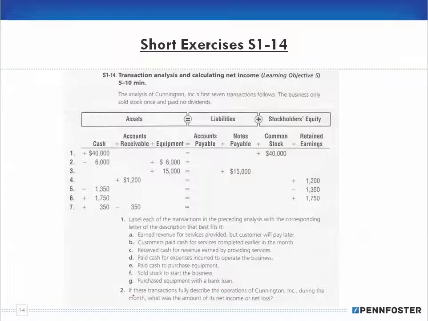And then number 2, it says, if these transactions fully describe the operations of Cunnington Inc. during the month, what was the amount of its net income or loss? Okay, now before I get started,